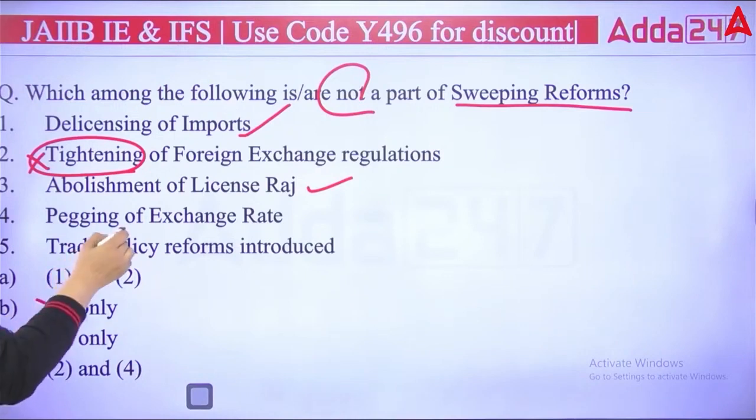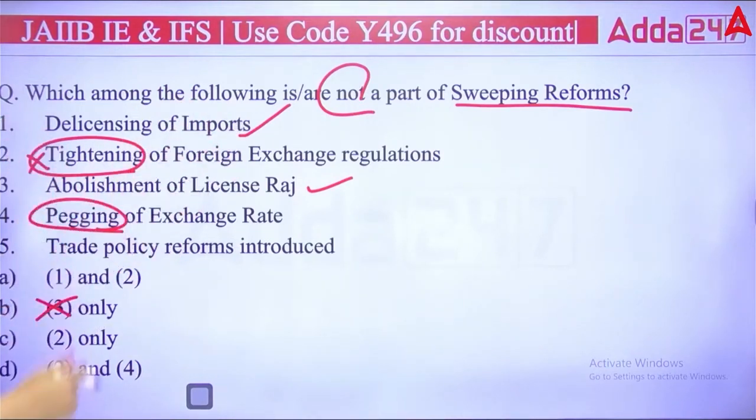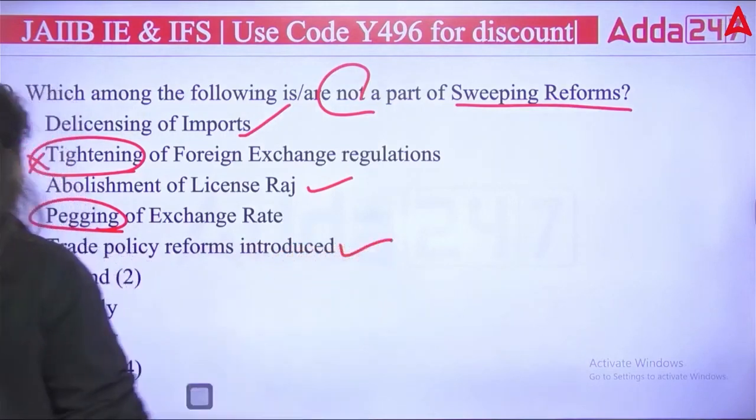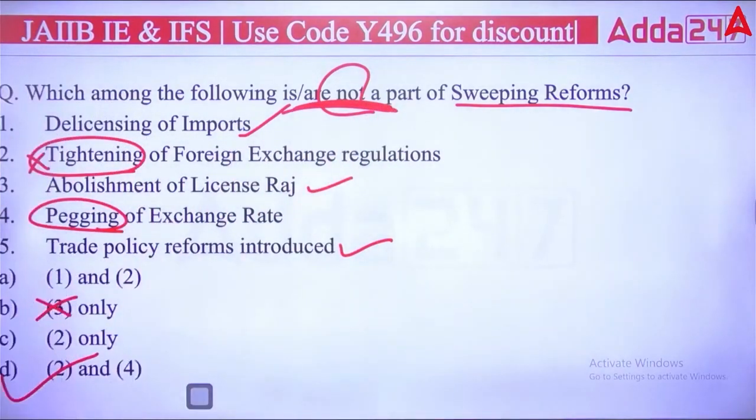Third, pegging of exchange rate. No, we have to unpeg the exchange rate. It means the fourth is also wrong. Okay, the fourth is also wrong. The fifth is saying trade policy reform introduced. This is true. So second and fourth, these are the 2 points which are not a part of your sweeping